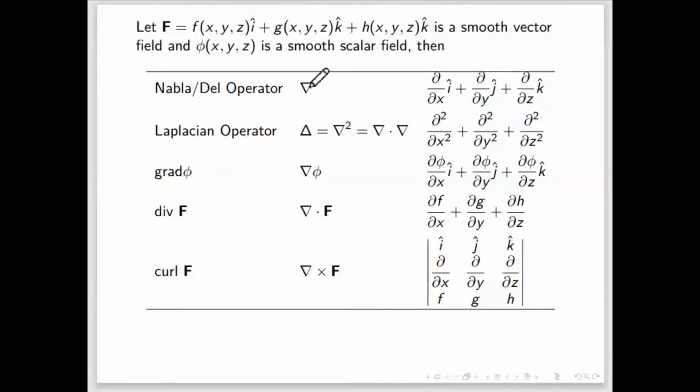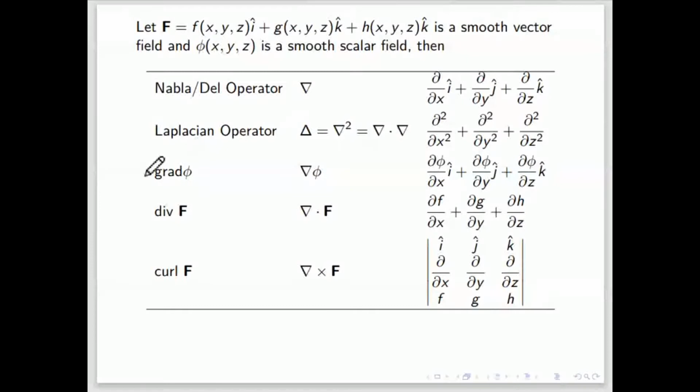That means it is the square of the del operator. So here the square will come: del square by del x square plus del square by del y square. It is the dot product of these two. If this is the del operator, then the dot product of this with itself will be del square by del x square plus del square by del y square plus del square by del z square.